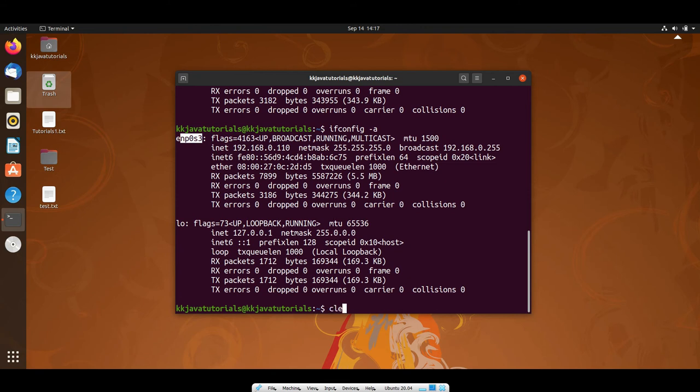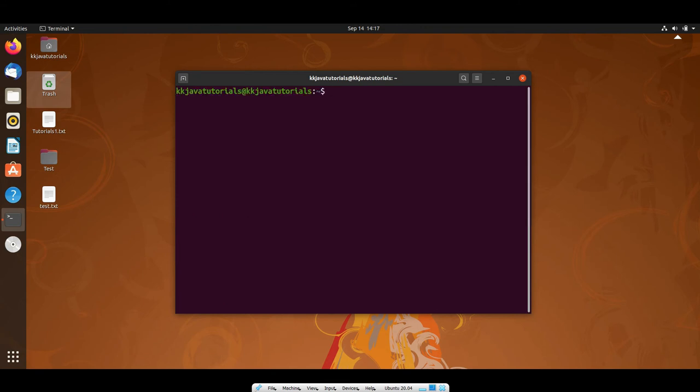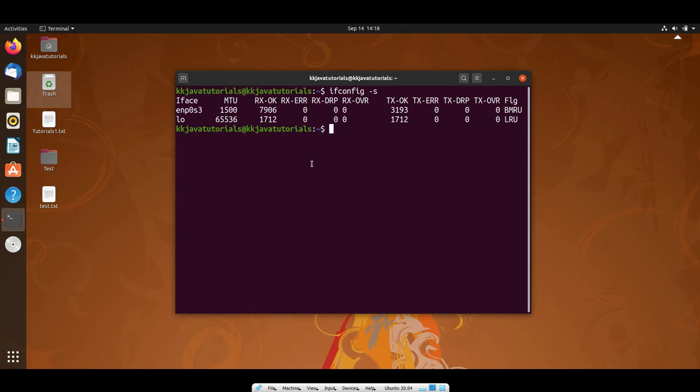Now a few of the important things I'm going to show you. ifconfig works with various options and flags. So here I'm going to write ifconfig with the -s flag, and this is going to give you the short description rather than giving all those details.